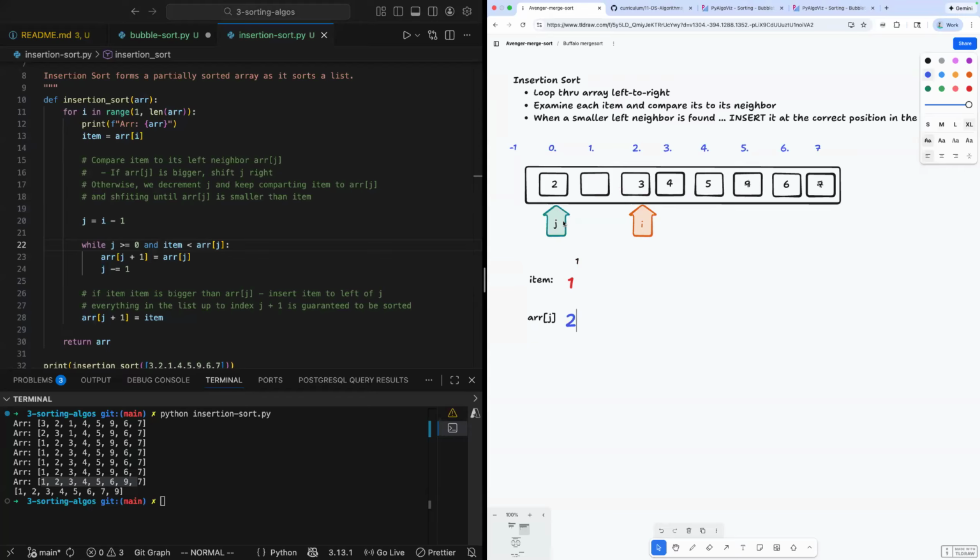And so we swap, right? And 2 gets bumped up. And this funky behavior happens again where J goes into the final gear of -1. And then J plus 1 gets kicked back up. And then our item value is dropped in there. And we have 1. What's happening here is sort of like a bubbling